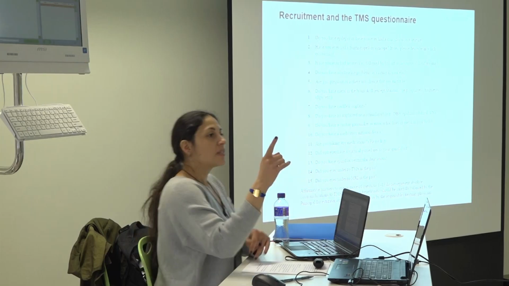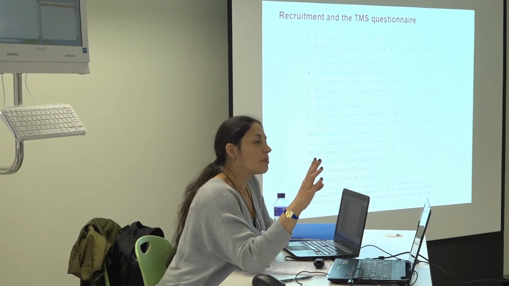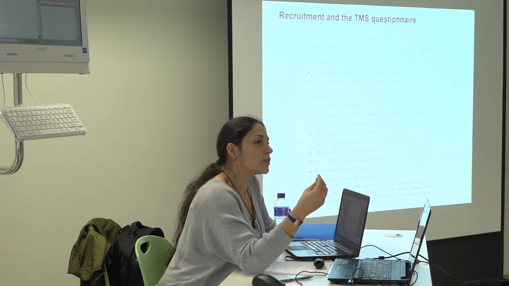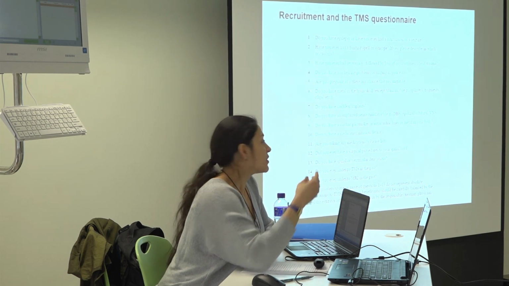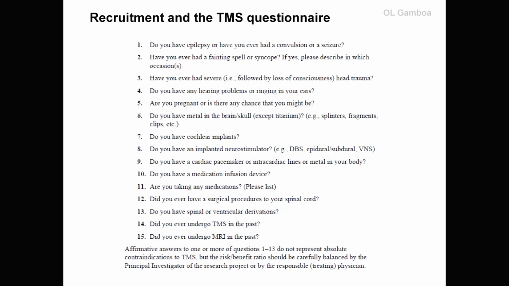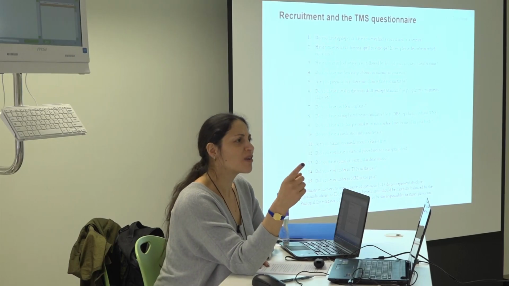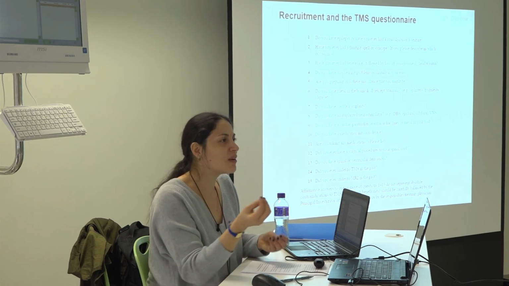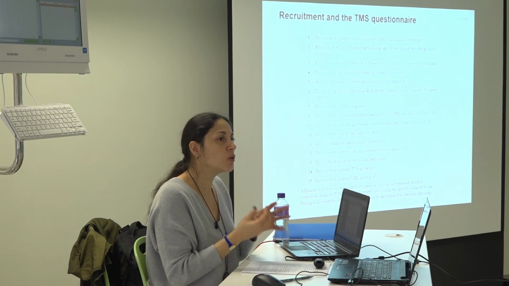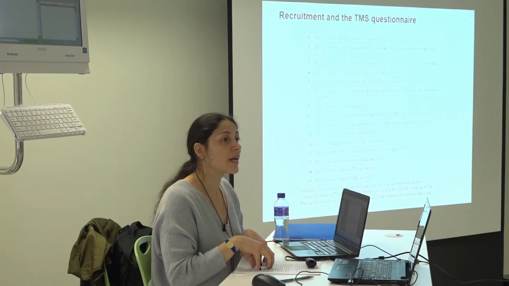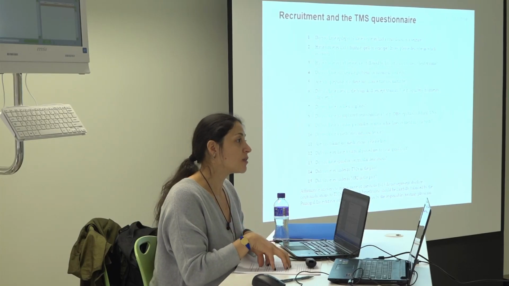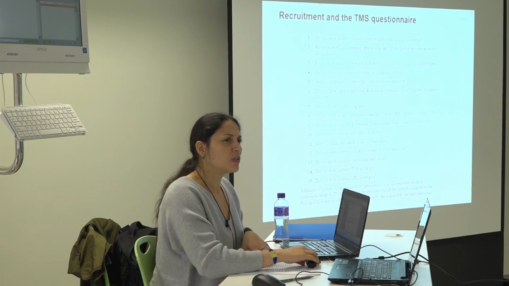And this is also something very interesting that you should keep in mind. Sometimes you are doing the questionnaire and talking to the person, and the person answers no to everything. But you have the right to decide if you want to measure this person or not. I have done it as well, because you see that you might have complications in the study, or the person is too reactive. It should be stated in the consent form that the physician or the PI has the right, for whatever reason. Do you know what I mean?